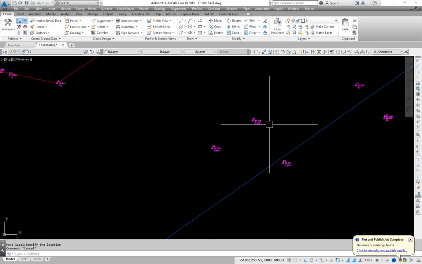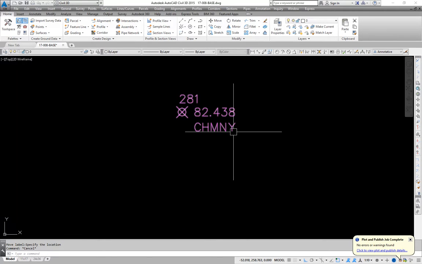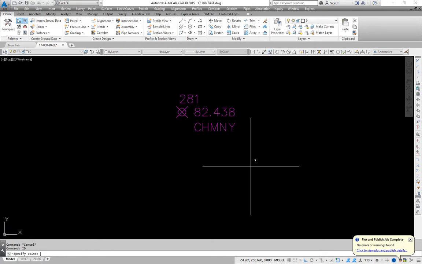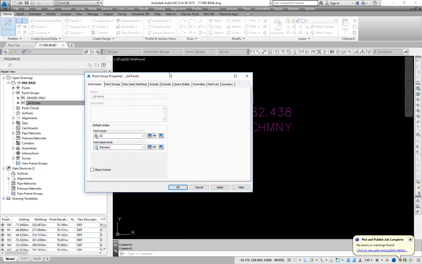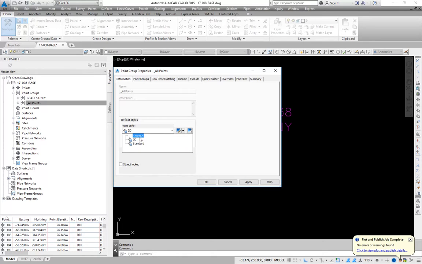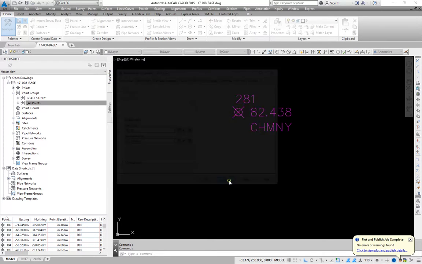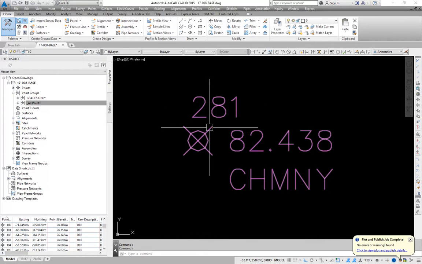So the first thing I need to do is make sure my points in my file are 3D, three-dimensional. That means if I type in the command ID and I select the node of this point, it's got a Z value of 82.438. Okay, and the way I make sure of that is I go into my points, properties, and I've got a style here called 3D. So 3D would show them as three-dimensional. If I use standard, it will be standard. And I'm assuming that you know how to